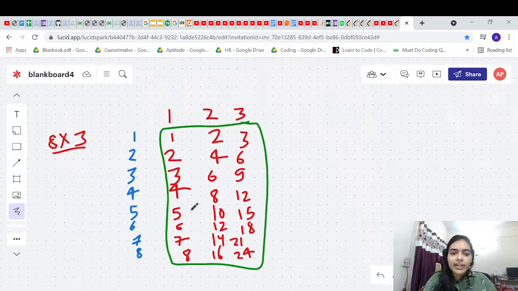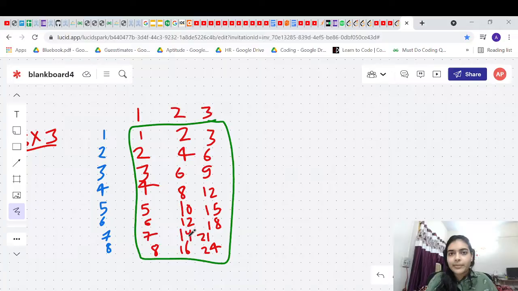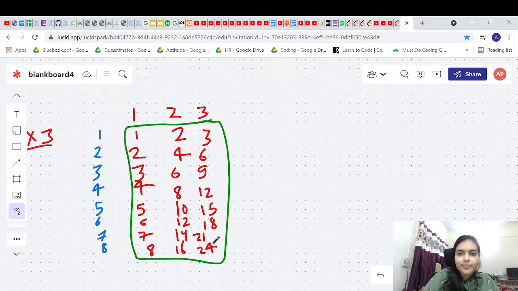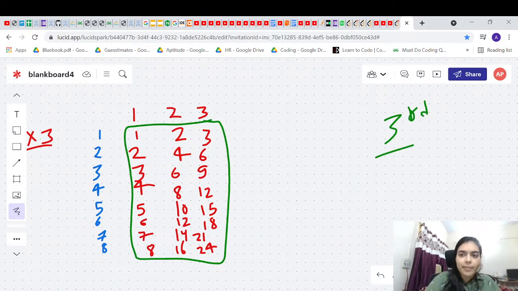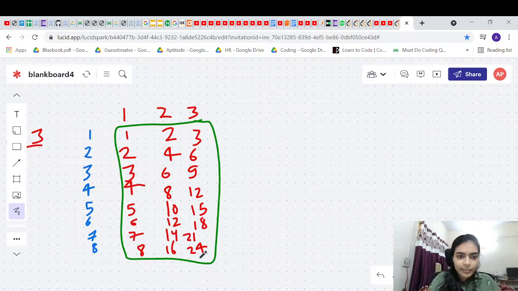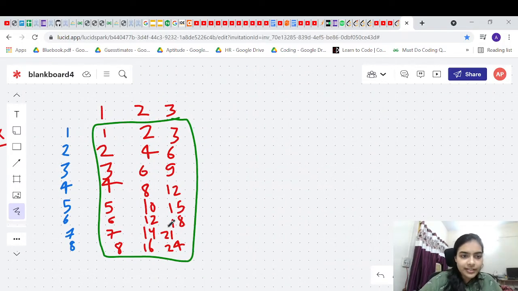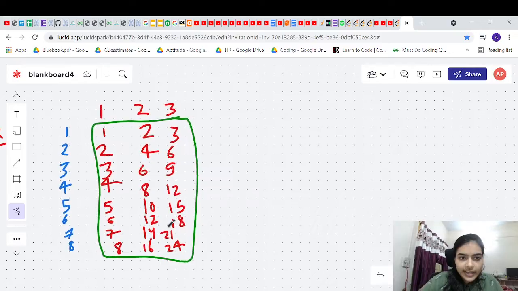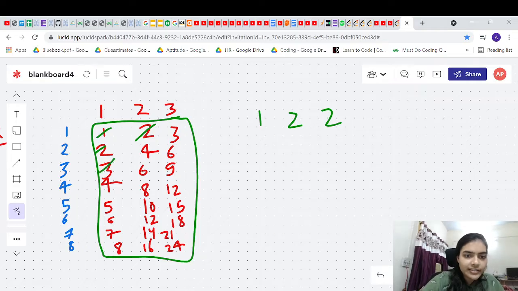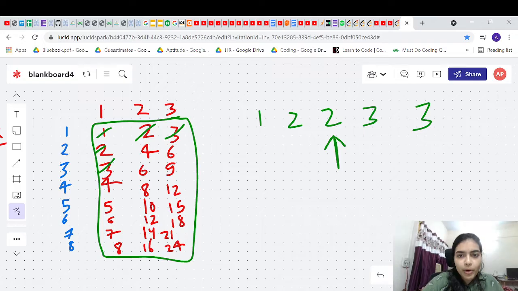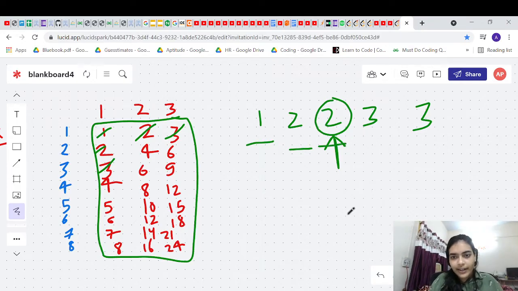Now let's say somebody tells you to find the third smallest element. Let's take a simple example. So what will that be? You will start arranging the numbers. First we are seeing 1 is the smallest, then we have 2, 2, then we have 3, then we have 3. So anyway, the third smallest will come out to be 2, because first, second, third. So the third smallest number in this case is 2.